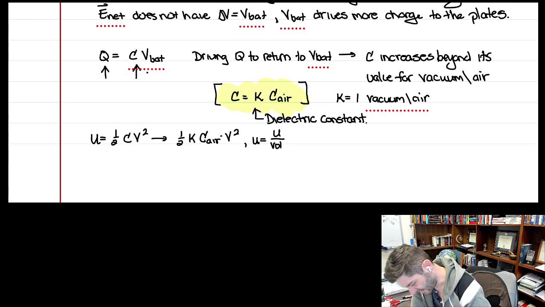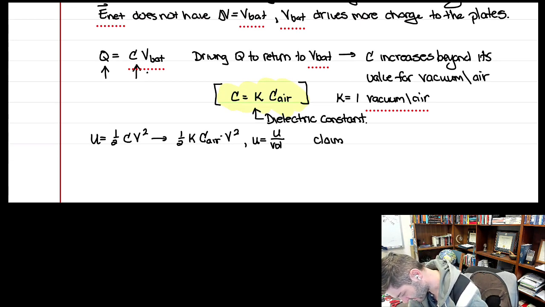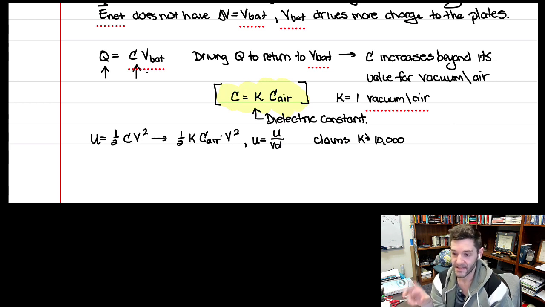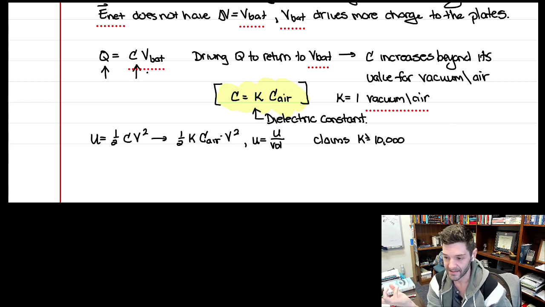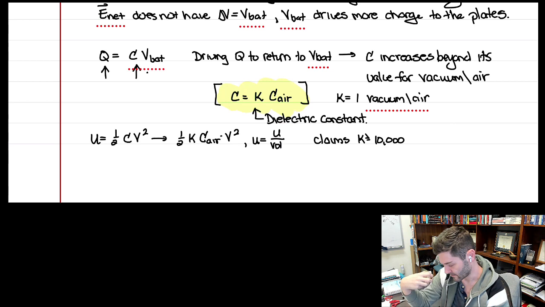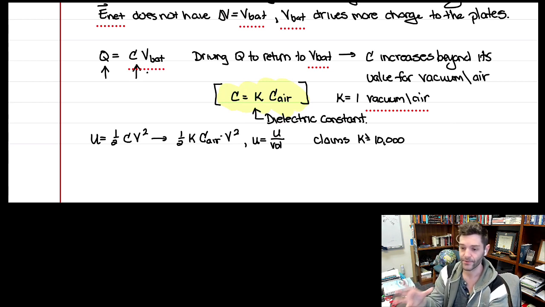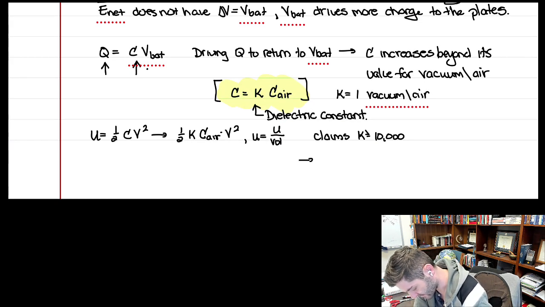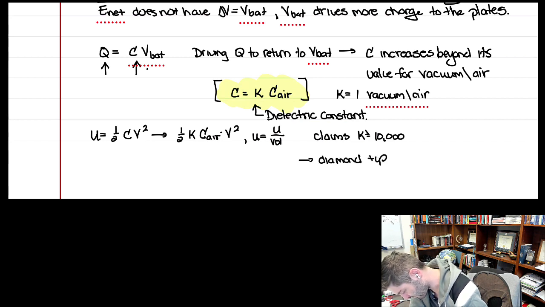So they've claimed, and again, this is only in experiments, that they've gotten to values of kappa exceeding something like 10,000. So you can imagine that if we were to take the results we had for diamond and upgrade it, what if we were able to use a value of kappa that is 10,000, increasing it 10,000 times beyond that? This then gives us some numbers. So if we take diamond and upgrade it with these sorts of numbers,